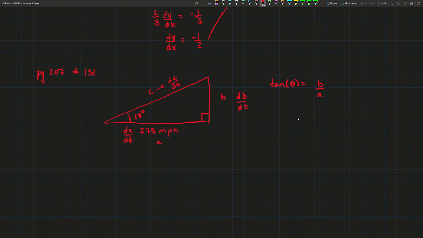We could solve for theta to make it easier on us later. If we take the arctangent on both sides, we're left with theta equals arctan of b over a. And then we need to take the derivative of that. So d theta/dt is going to be 1 over